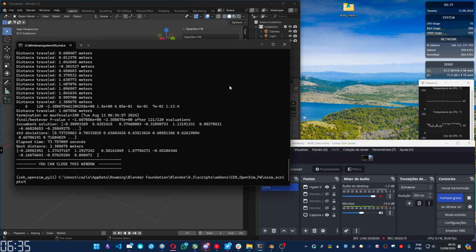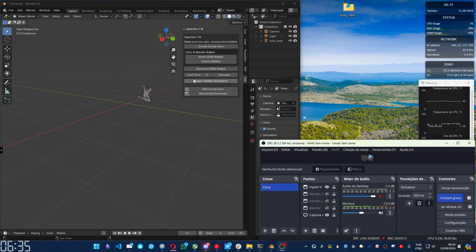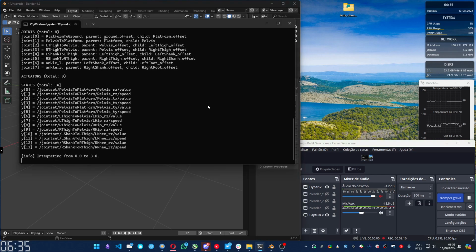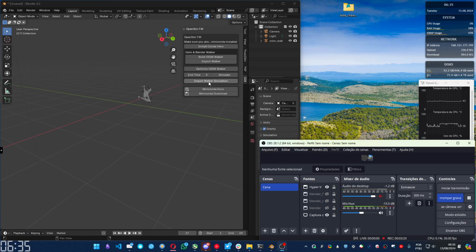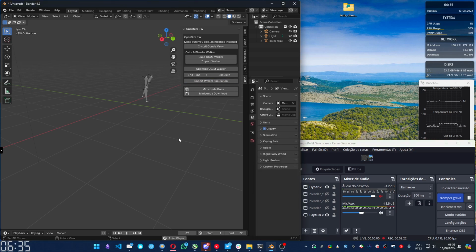You see, now you can close this window, and you have to simulate again, so it will simulate the optimized version. You can close it and import the simulation again. It's different, but it's not better. In case you have a result that's not interesting, like this one,